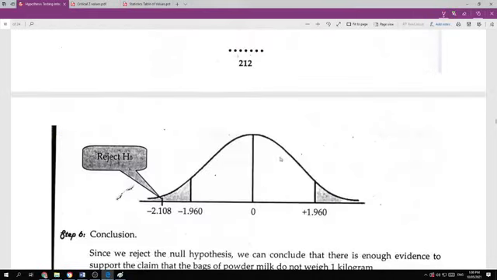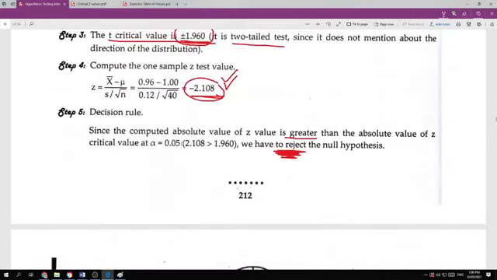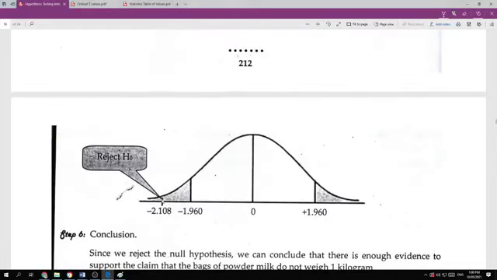So, if I'm going to draw that, look at this. I will draw this. I'm going to locate this in our distribution curve. So, see, negative 2.108 is located here. It's found in the shaded region. It's found in the rejection region. Therefore, I will be rejecting H0. Since we will be rejecting